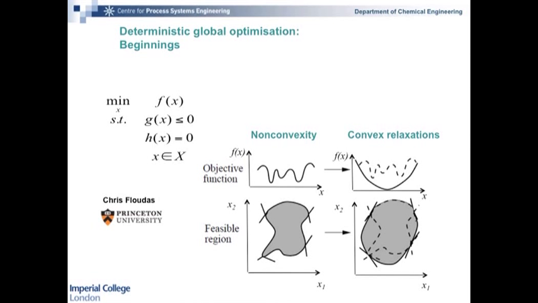Okay, and so I dug out a slide which I prepared when I was doing my PhD with Chris here, which highlights some of the concepts of these global optimization algorithms. Okay, and we're dealing with non-convex objective functions, non-convex feasible regions, and the trick here is to try and build convex relaxations, some simplified problems which have a unique solution. So whereas you have many solutions here, we have a problem which gives us a unique solution and has a specific property. In particular, we know that this solution is lower than the solution of the original problem. Okay, and what we then do is use a divide and conquer approach to try and find the very best solution.